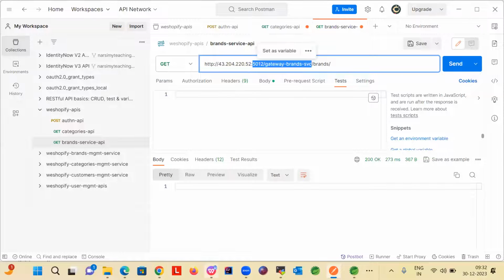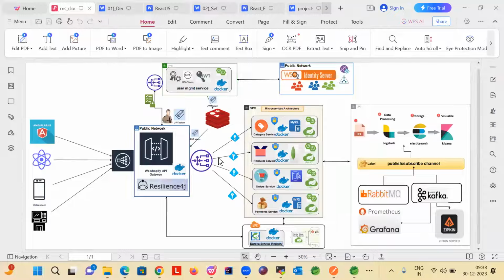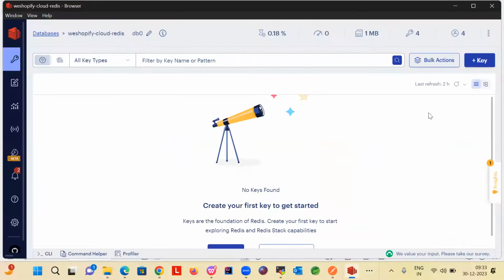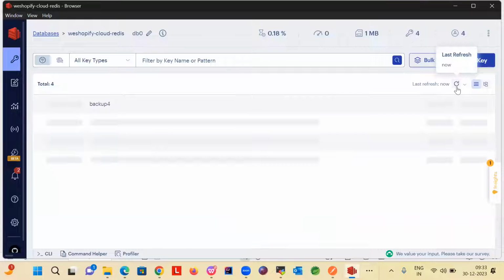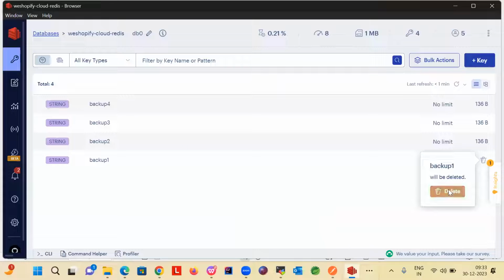So you can see in the architecture, as per the architecture, here is the gateway. So using the gateway, the backend communication is happening. Cool. And you can see this is the Redis cache, which I also hosted on AWS as a